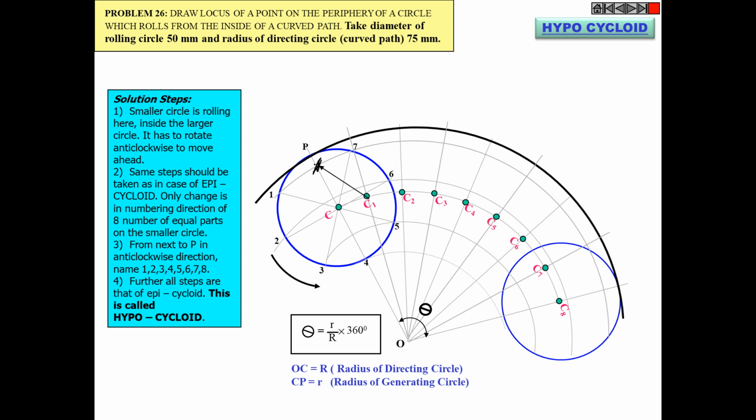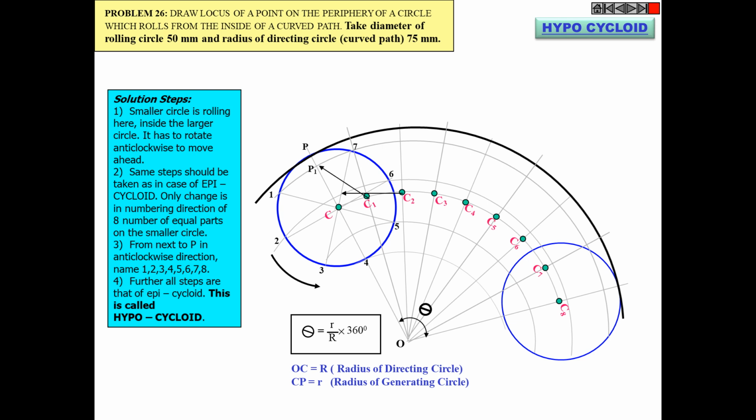You have to cut an arc point over here, because you have to go like this, not like this. So this is your first point P1. For the second locus point P2, I will put that same length of the compass, that is CP, on the second center point, that is C2.